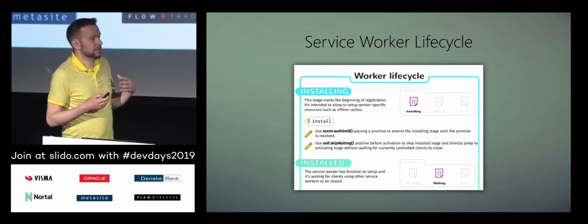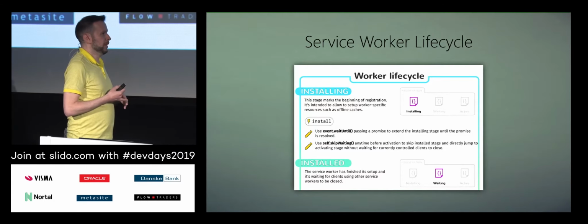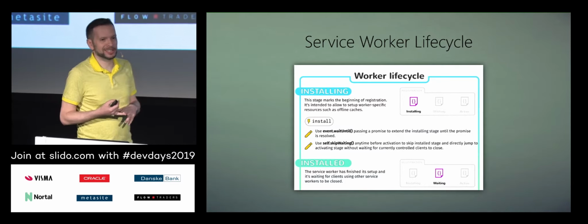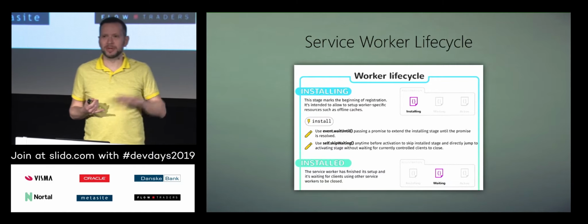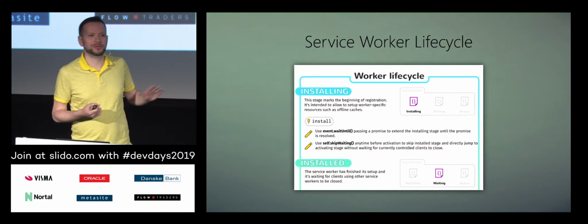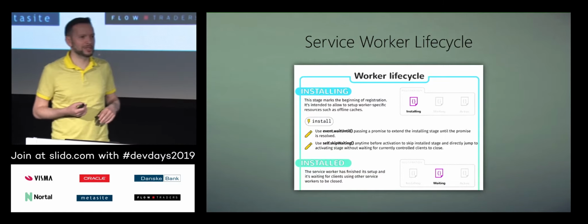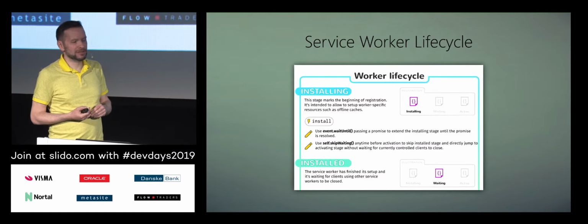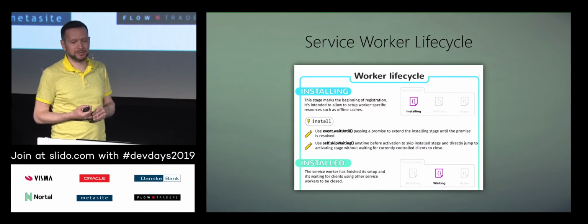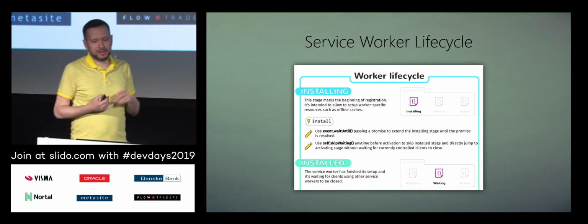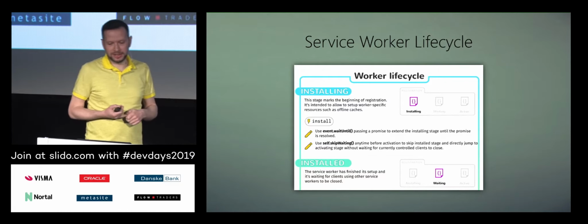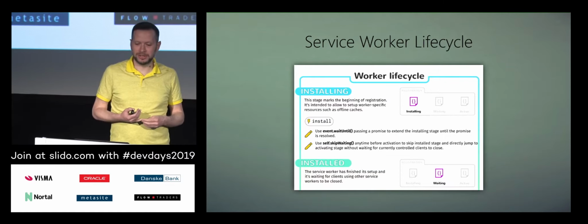So service worker is a pretty low-level tech, at least in JavaScript terms. When we talked about assembly and WebAssembly, that's another level of low level. But in JavaScript terms, there is quite a lot of ceremony with service workers. They go through quite an elaborate life cycle. So first, they are